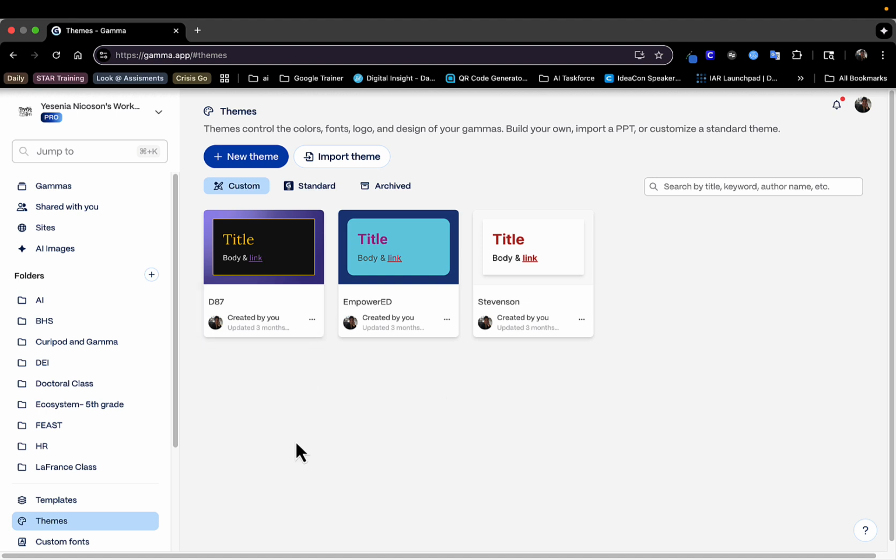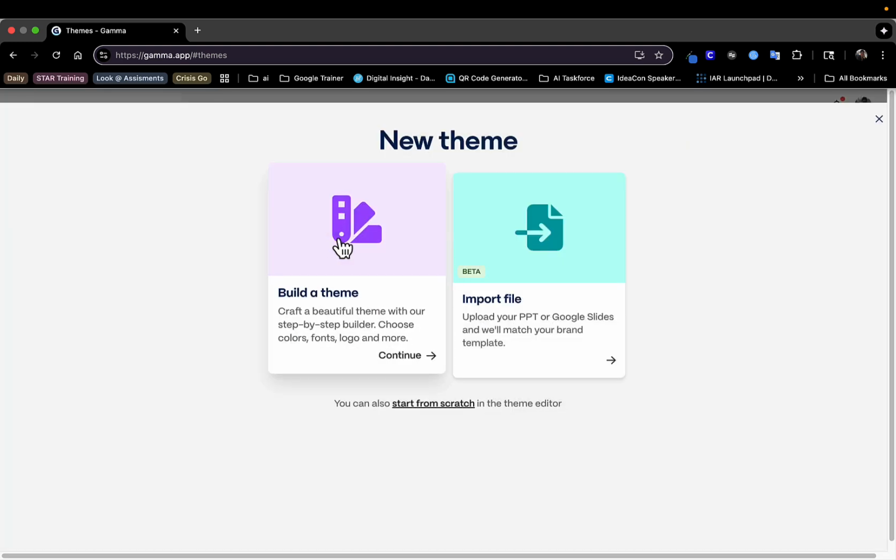own theme. And when I say theme, I mean that if I select that theme, my entire presentation is built with that color scheme, with that font style. So if I like a certain look, I don't have to go back and recreate it every time. So I'm going to just go here and create a new theme, and I'm going to build a